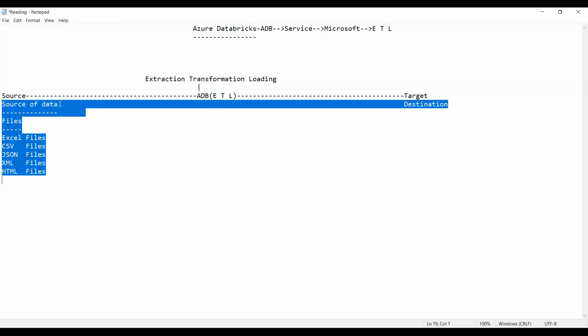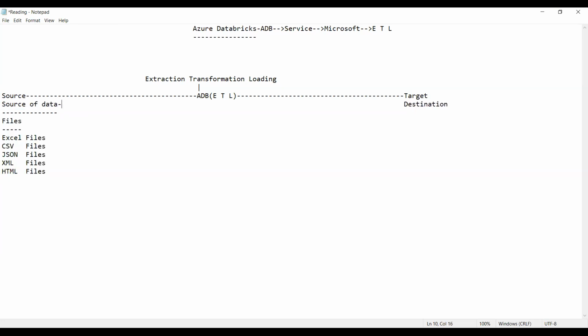Data means what, guys? Information. Data is nothing but information. So I'm writing in short, info. So we can find the information in the following: files. Based on the information only, the whole business process runs. Am I right, guys? The whole business process runs on the data. That is called information. So information we can find in this following type of files.